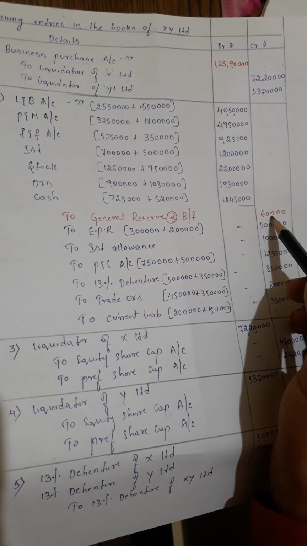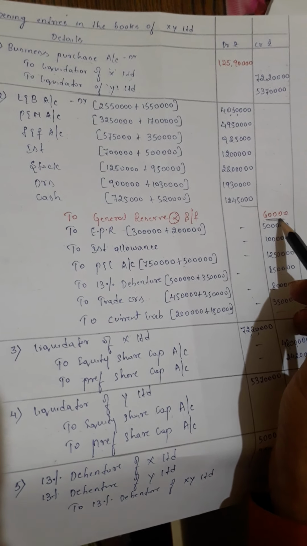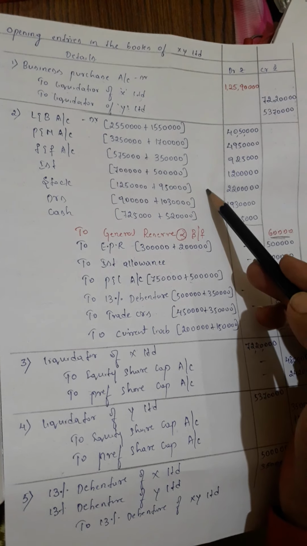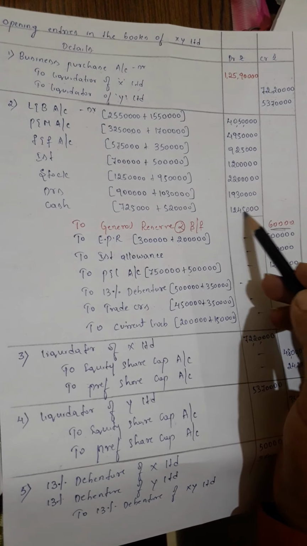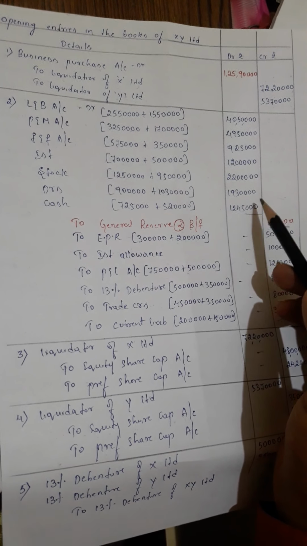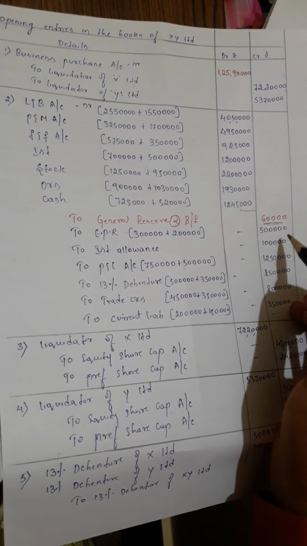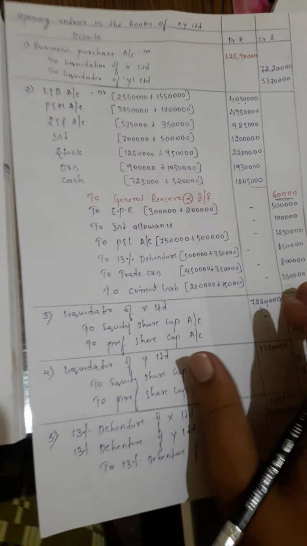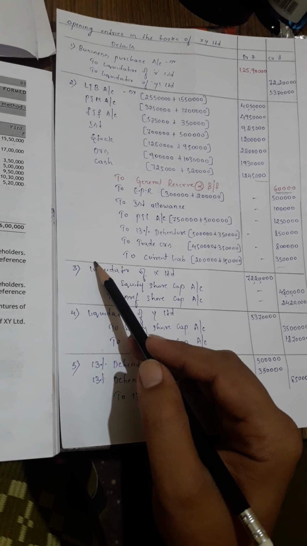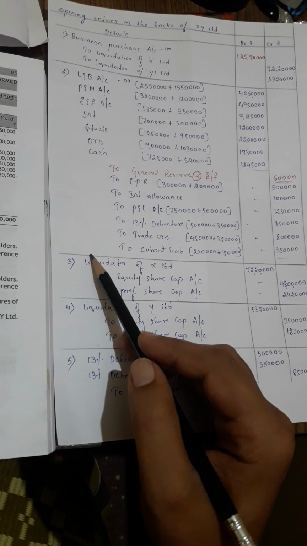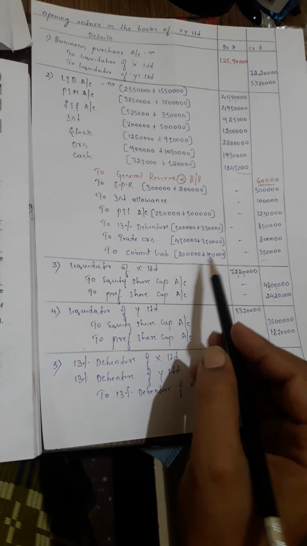If liabilities were less, then this amount will be considered as capital profit. Suppose assets were less, liabilities were more, then it has to be adjusted on the debit side, but it will be considered as loss. If it is loss, we need to deduct in the balance sheet. If it is profit, we need to add in the balance sheet. So narration being assets and liabilities has been incorporated by XY Limited.